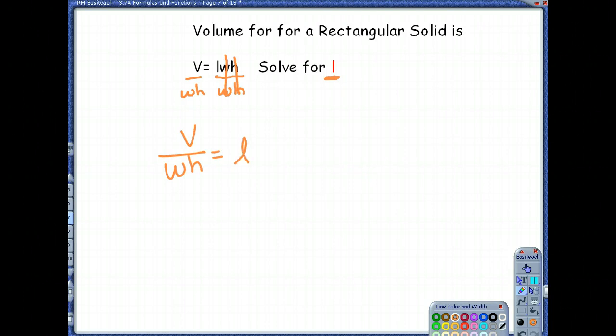Now this one looks a little bit weird just because we notice that we're dividing by 2 pieces all at once. You don't need to do them separately. If they're multiplied at the same time, they can be divided at